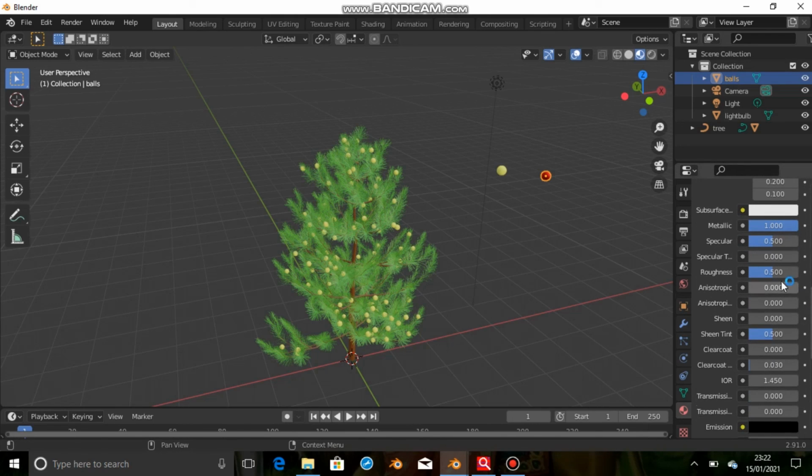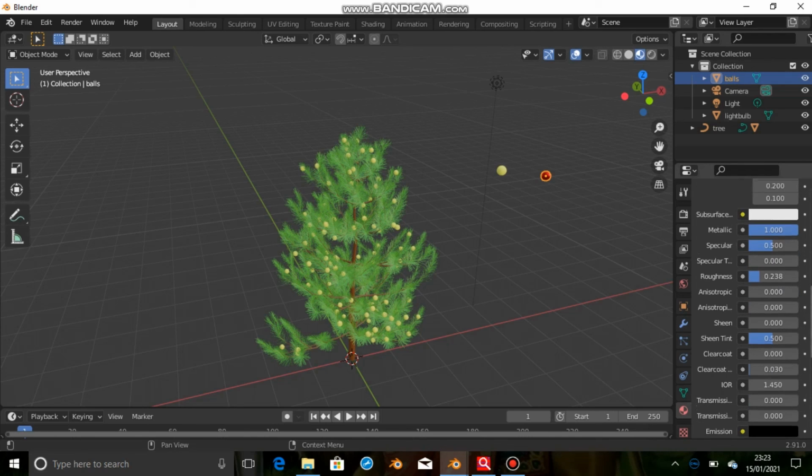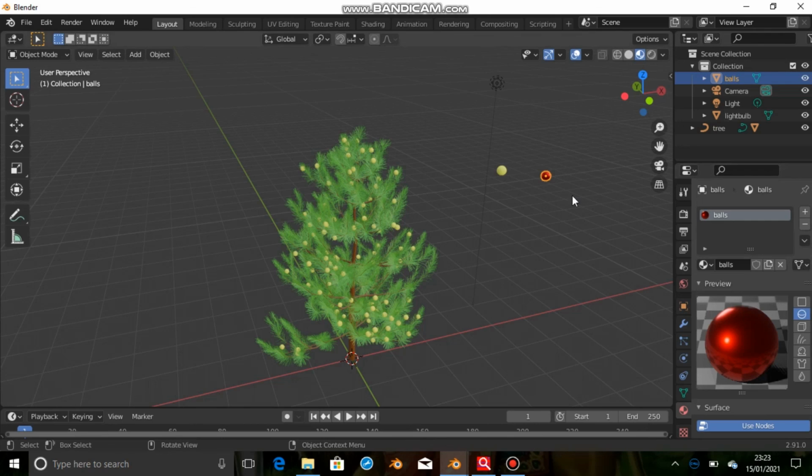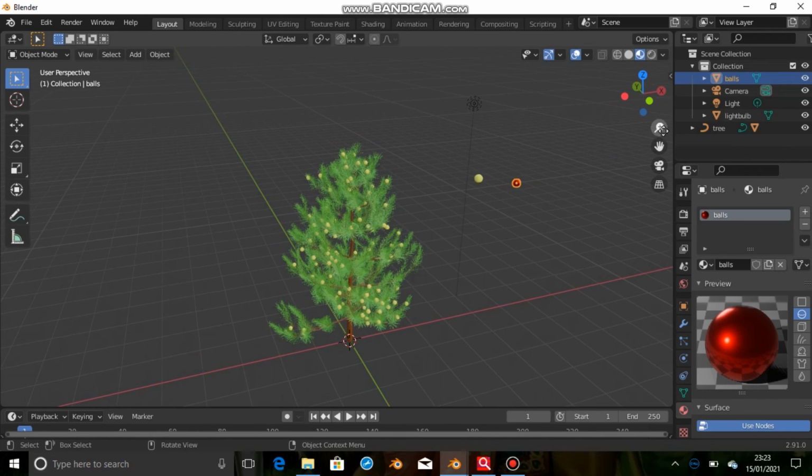So now it's time to add this ball to our Christmas tree. So for that, we need to select the Christmas tree and come to the properties editor. In that particle properties, again go to the plus icon and add particles.